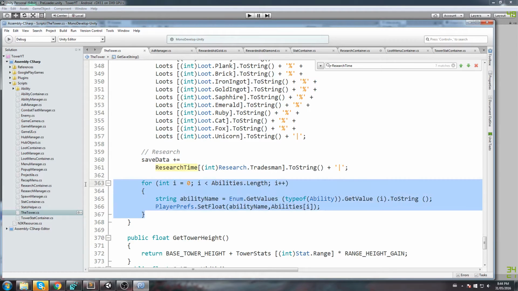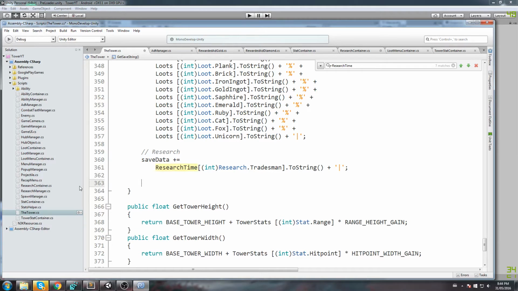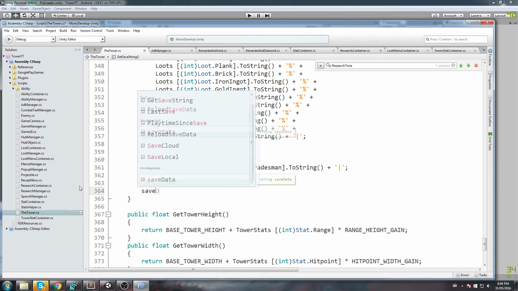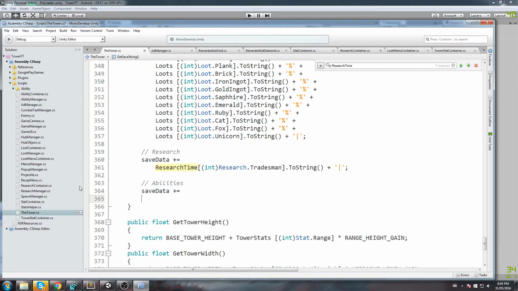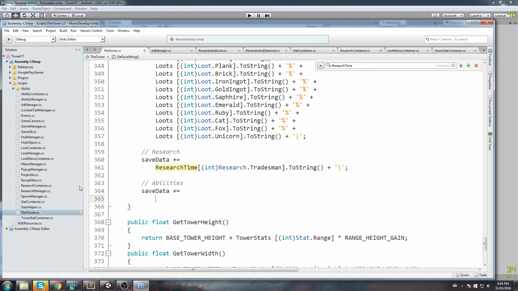Alright, let's proceed with the next one. So we're simply going to remove it. We know this is the abilities. So abilities save data is plus equal to abilities, abilities add index int